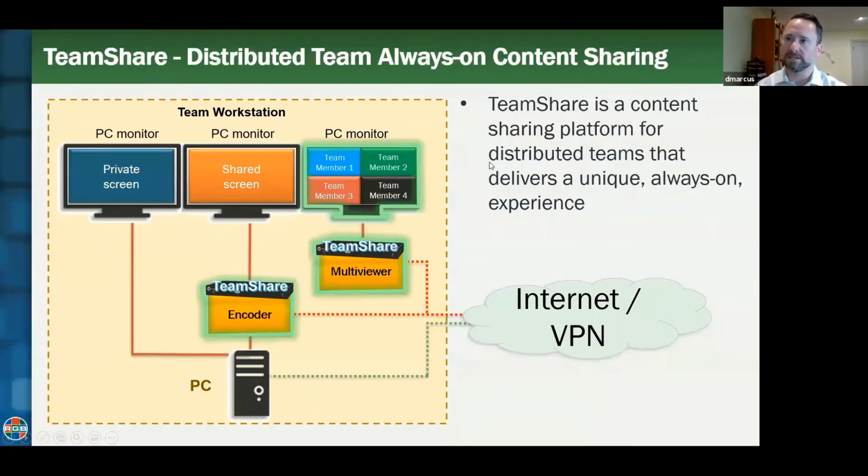TeamShare is a system designed in the challenging world of the different control room markets that we serve, where we found that operationally, team leaders and different users really liked the ability of some of our traditional control room systems, big video wall systems, right? They liked the ability to be able to see in real time what each other was doing, and be able to take control of keyboard and mouse if needed, but really just the monitoring of it,